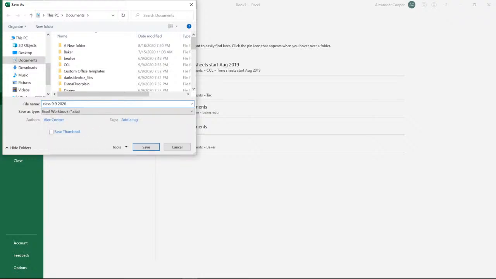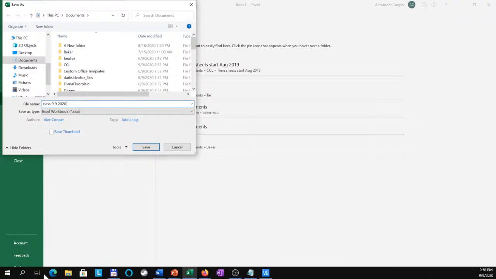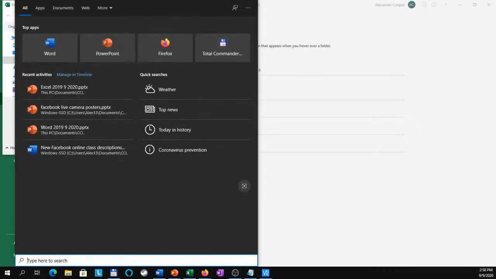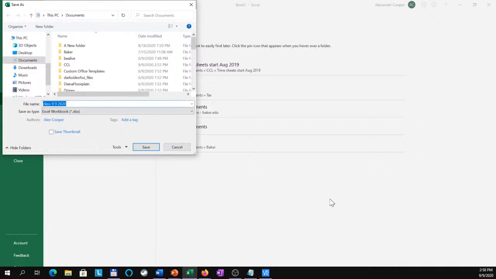2020. Okay. Now you can give more detail to this. That actually is the kind of the best idea. The more detail you can give to a file, the better it will be later when you're trying to search for something, because do remember, not only can this search down here search for programs, but it can search for files too. So I'm going to go ahead and hit save, and it's going to take us back to